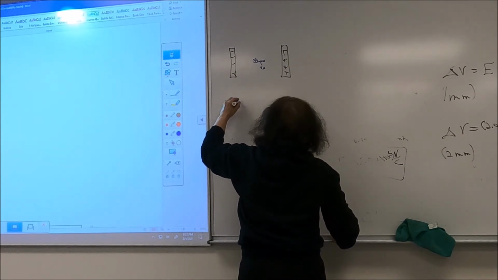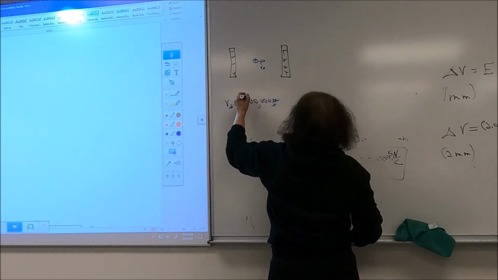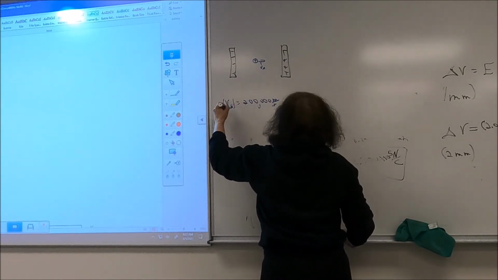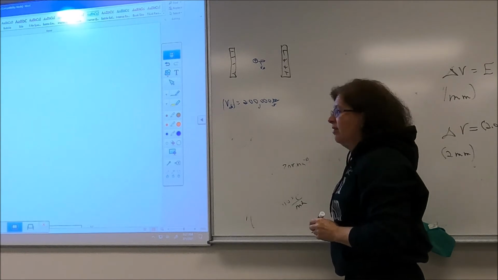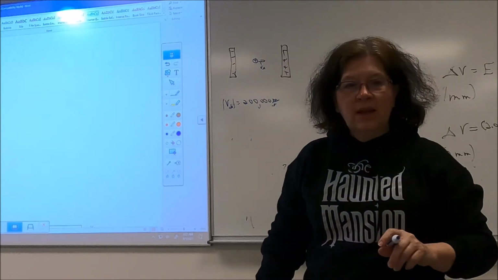V initial is given to us as 200,000 meters per second, and that's its magnitude. It's going toward the positive plate. Okay? If we look at the picture,